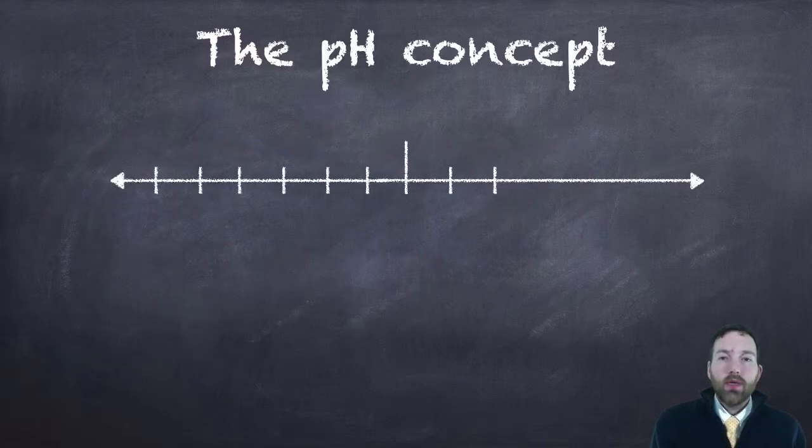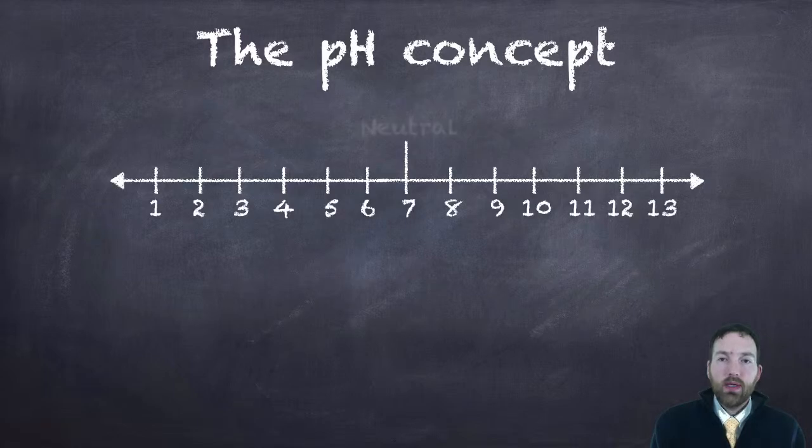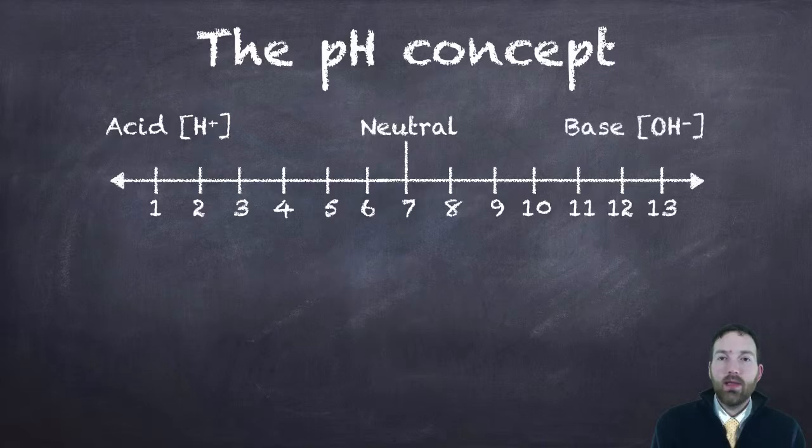So here's a pH scale, 1 through 13, with 7 in the middle being neutral pH. On the acid side, we have a very high concentration of hydrogen ions. On the base side, those substances don't, and they have a high concentration of hydroxide ions, based on the definition of a base being a metallic hydroxide. You might get questions asked about the concentration of hydrogen versus hydroxide ion, but you also might see this,